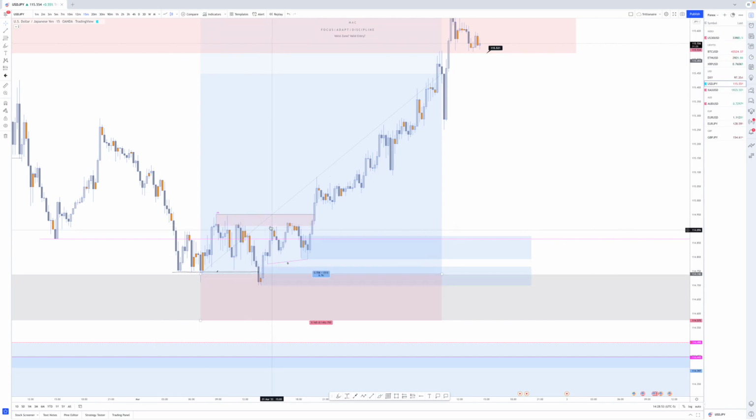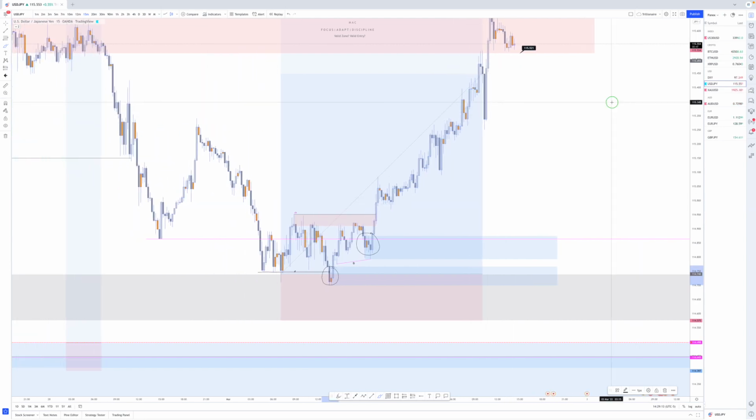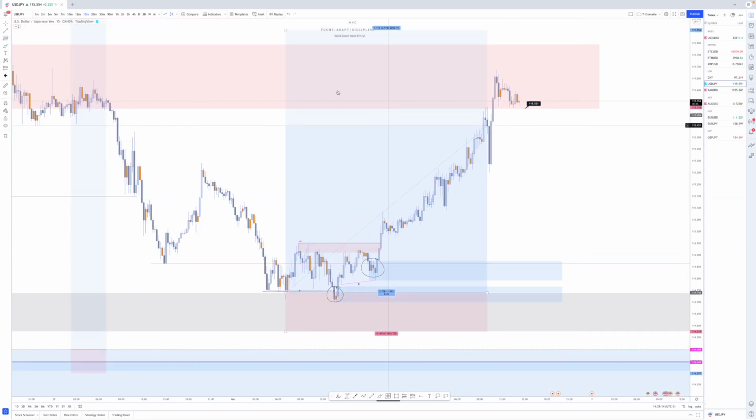We saw failed reaction, and then we see demand came into the market to take out those failed reactions, give us this change of character, and also give us this supply failure, right? We have demand that came into the market here and also demand that came into the market here, right? Now, our first target on this trade was simply just this supply region here, for about 4.73%, which is 47% of an FTMO account challenge finished within one trade.